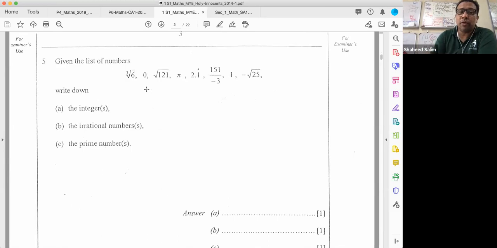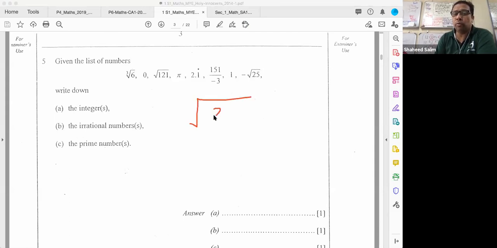You can use your calculator and try to find out the cube root of 6. For example, this one, cube root of 6, what do you get? If it is a never-ending number, that means it cannot be shown on the number line. What number, for example? Let's say now, if you use your calculator, you put square root of 2. Can you find out what the square root of 2 is? You put the square root sign,